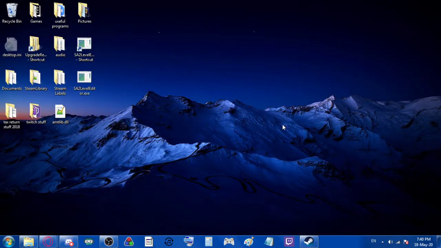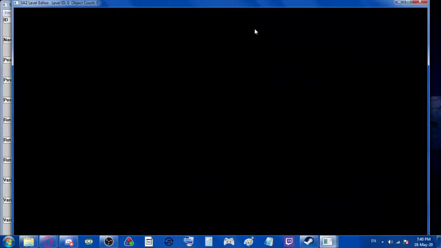Hello everyone, my name is Stellar, and today I'll be showing you how to use Jelly's SA2 level editor tool in order to look at level collision and stuff like that, in case you want to understand the levels a little bit better. So first things first, I'm going to open SA2 level editor.exe, and you'll notice this screen is